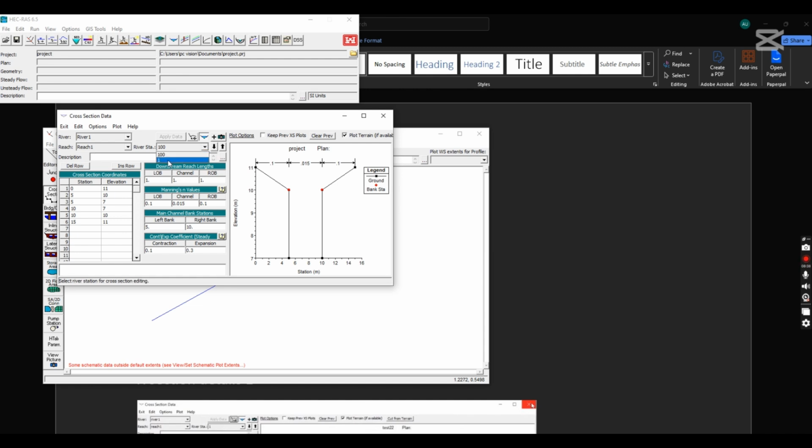Now at 1 you see this detail. If you come to 100, you will see again the same detail. So now we will update. So we have a slope of